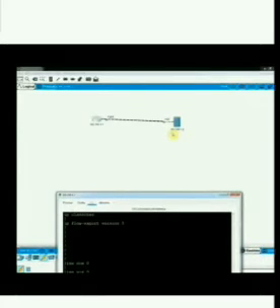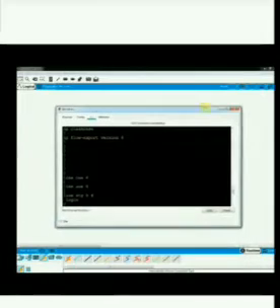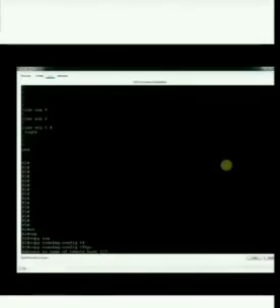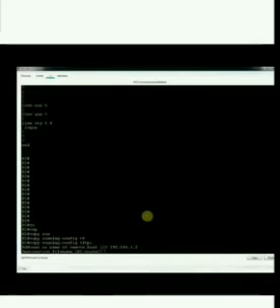So what is the first step we will write? copy running-config. We are taking the running config. Then in which way we need to take it? TFTP. Okay, so tftp, then press enter. It will ask for the host name or IP address.